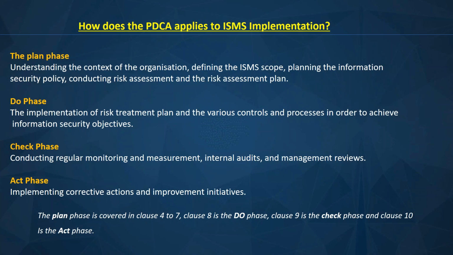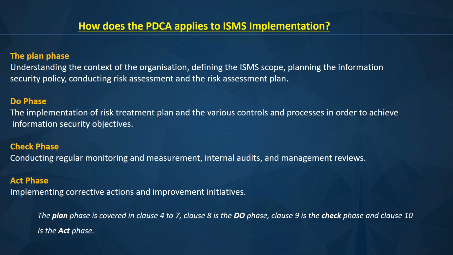Clause 8 talks about the information security risk assessment and information security risk treatment. That's the do phase. And clause 9 is the check phase, on page 8: internal audit. When we get to audit, I'll show you how to audit, because after we have implemented ISO 27001, we have what we call auditing. You're going to have an audit criteria, and our ISO 27001 becomes our criteria. We can audit it, okay? So clause 9 is the internal audit.